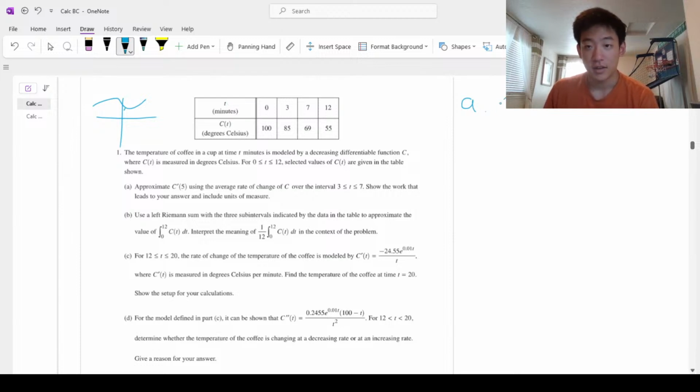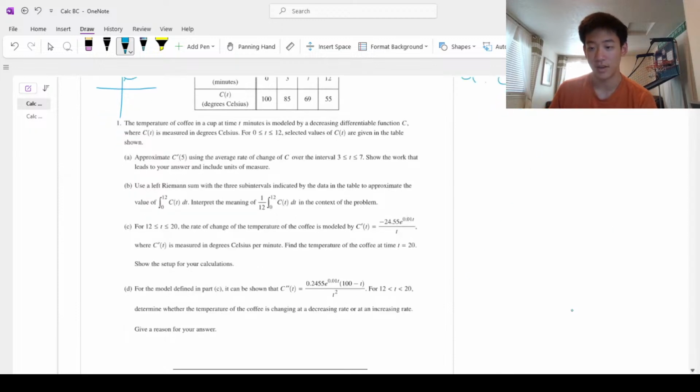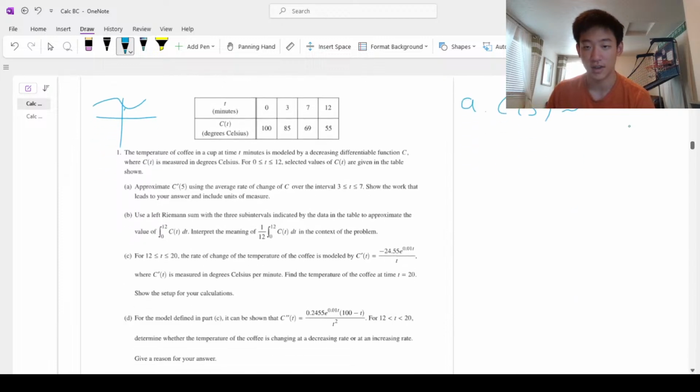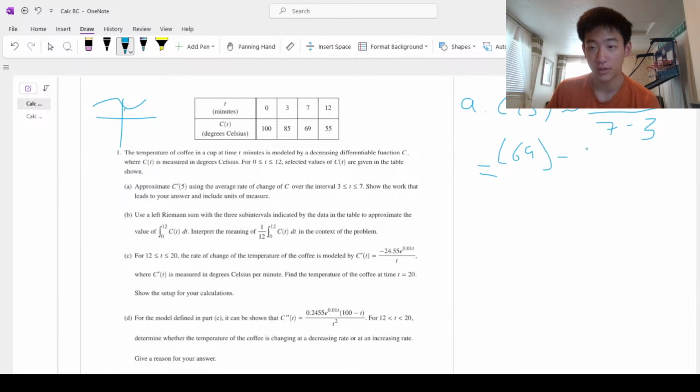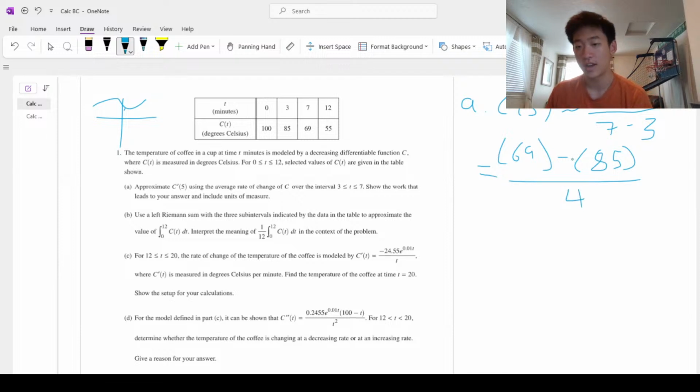Okay, so you can write that c prime of 5, and make sure to use this approximate symbol. I'm not sure if you're actually going to lose points if you don't, but it's just safest if you do. Is approximately equal to c of 7 minus c of 3 over 7 minus 3. So this is basically like a slope. So the slope is not the exact derivative, but it's going to be pretty close. And reading from the table, this is equal to c of 7, which is 69, minus c of 3, which is 85, divided by 4. And you can use a calculator for this because you have one, but this is equal to negative 4